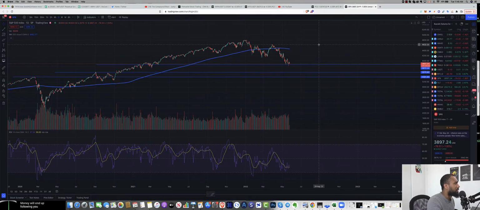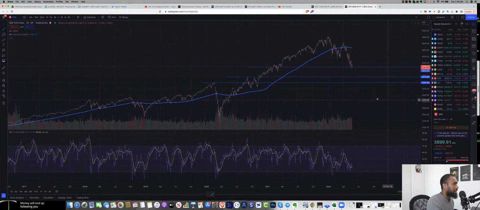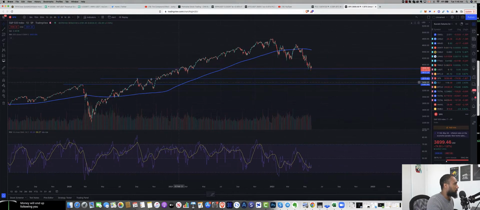Alright, guys, so first I wanted us to take a look at the S&P 500, right? As I said in our last video, we got to play this level by level. We broke support, a lot of support zones and critical support zones that we had, so we've broken a lot of them. And at the moment, what I wanted to show you guys is we're currently at another support zone, right at this moment. And what we're looking for is a bounce to the 200-day moving average.